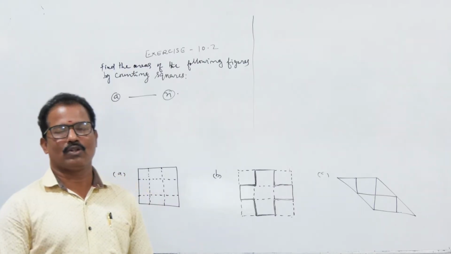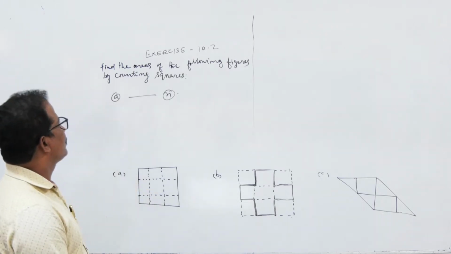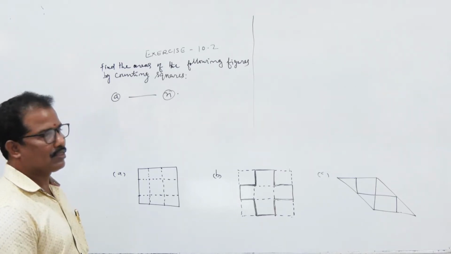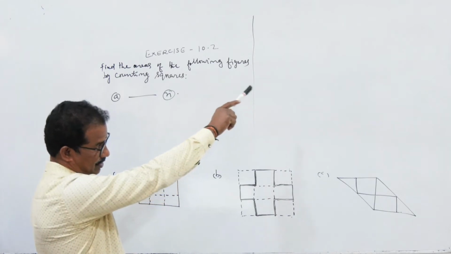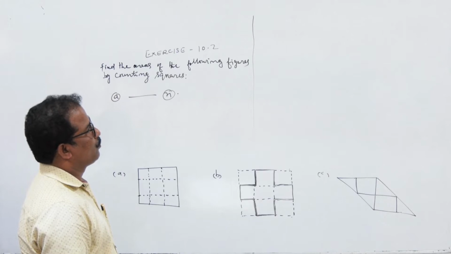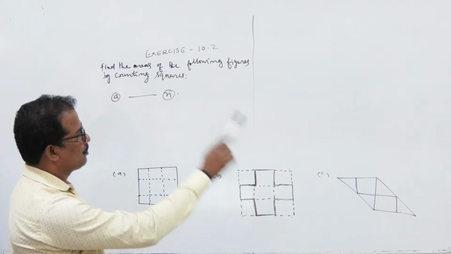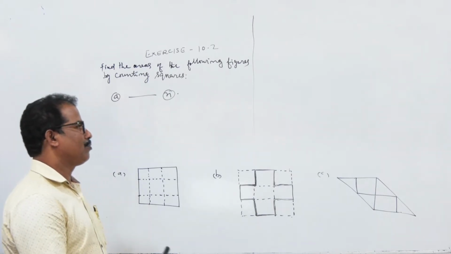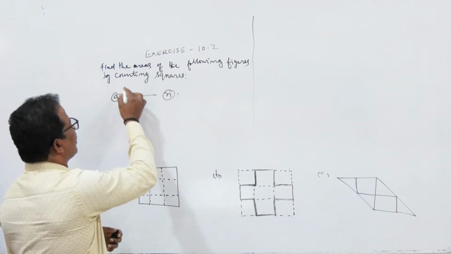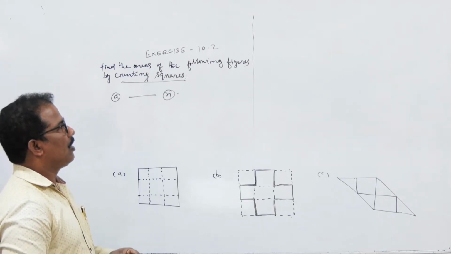Hi students, today we are going to see a new exercise, that is 10.2. See the question: find the areas of the following figures by counting squares. There are 14 figures, A, B, C, D up to N. From these 14 figures, I am going to explain three figures, how to find the area by counting squares. The remaining questions you have to do by yourself, because all the questions are drawn in